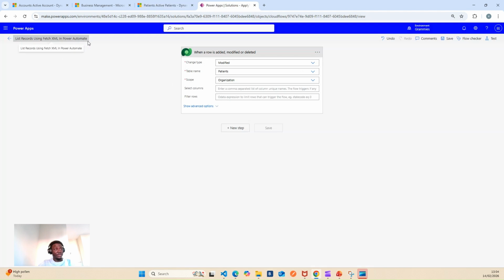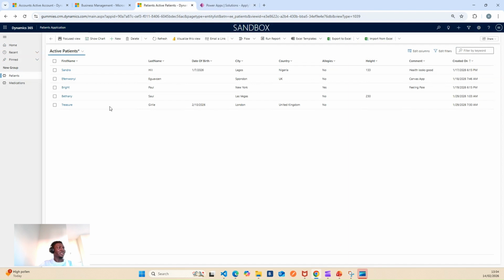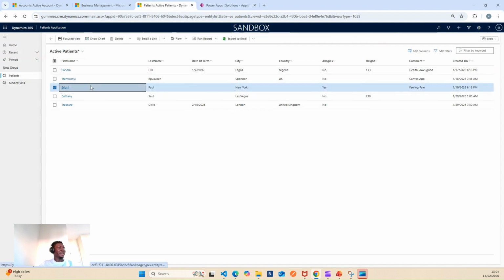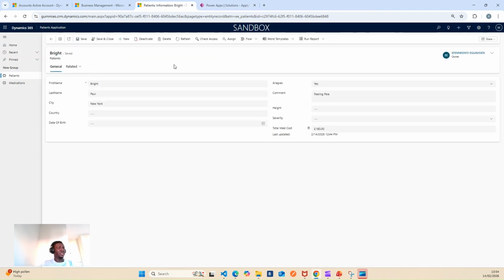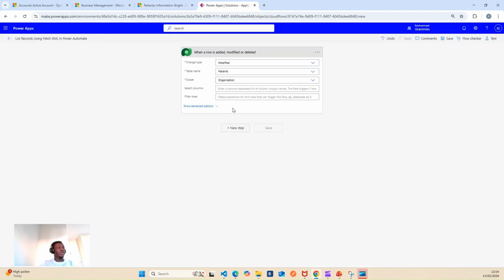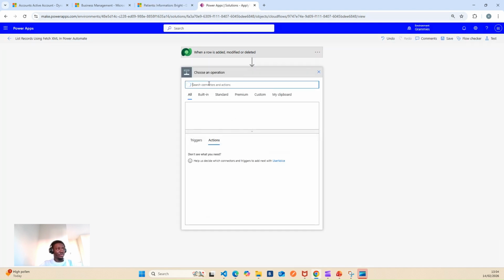So I've got my flow being created here. Basically what I'm saying here is when the patient record is modified, that will be my trigger. So if any of these records is modified, I can open the patient record here, so we can see this. Basically the trigger will be when the patient record is modified. So once that is done, what we want to do,